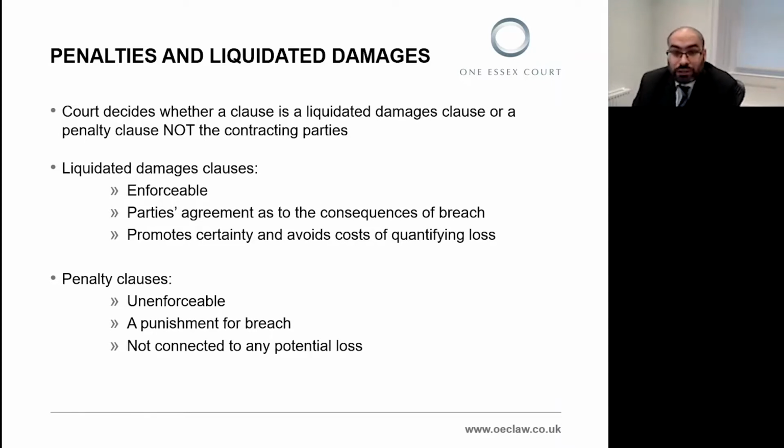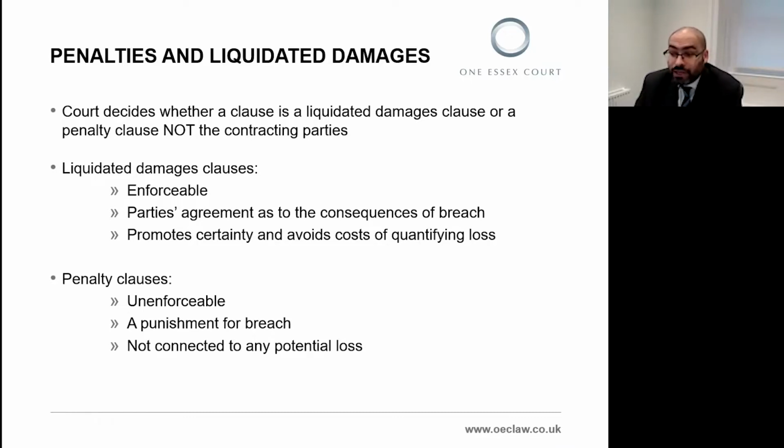If you and I have a contract for me to build a house, which includes a clause that you will build a roof of satisfactory quality, we might include another clause that says, well, in the event that the roof leaks, you must pay me £100. And those types of clauses are popular because they provide certainty and prevent the need for contracting parties to embark on a complex and expensive quantification exercise to determine the actual value of the loss caused by the breach. They can just look to the contract where they have contractually agreed the value of the loss and the sum of money to be paid.